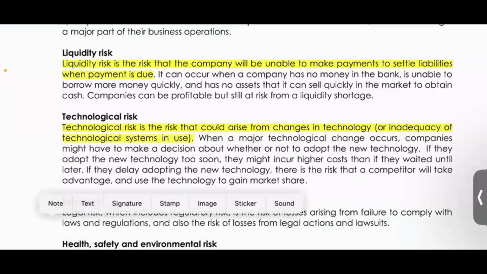So, technological risks. Do you know that this other part you just read can be an exam question, right? They can ask you what are the advantages of taking up a new technological change on time, and what's the disadvantage? The disadvantage of taking up a new technological change on time is that, first of all, it may